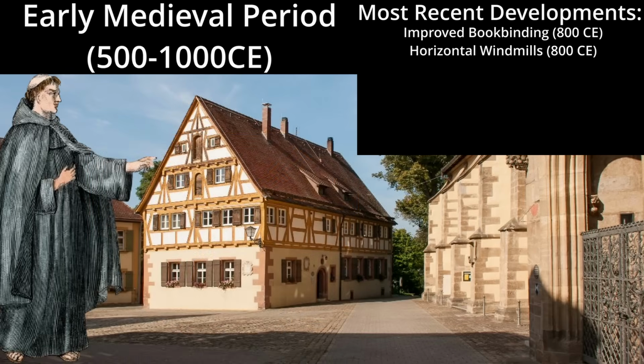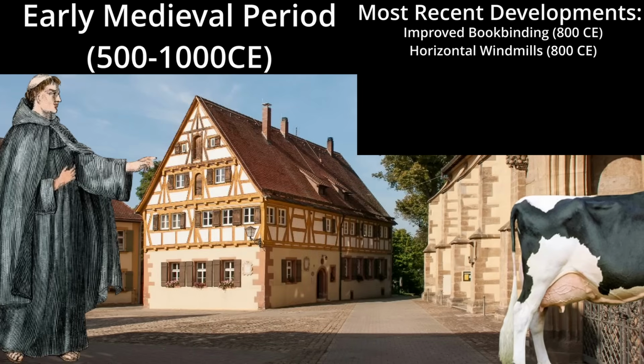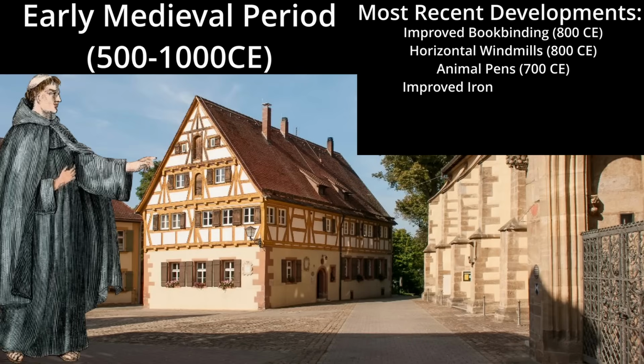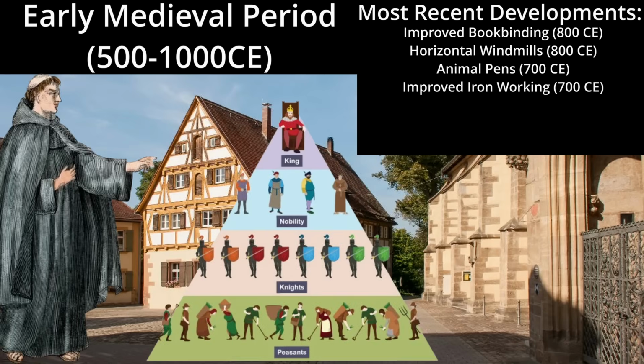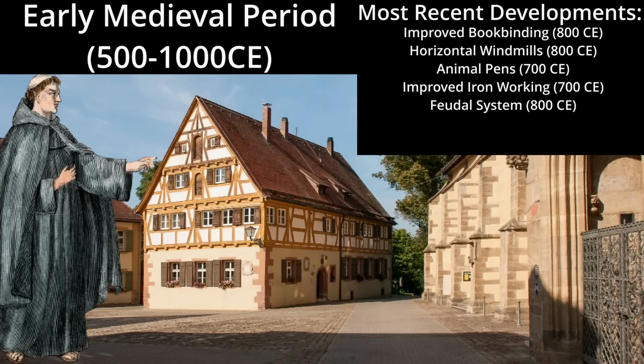Thanks. Another really outdated thing from way back in the Neolithic era was just trusting your animals won't just leave. So let's build some pens to make sure they actually stay here. Now let's update ironworking techniques again and make the feudal system to top those gosh darn Vikings. Bartholomew just can't handle the fact that his stuff won't stop being stolen almost as much as you can't handle